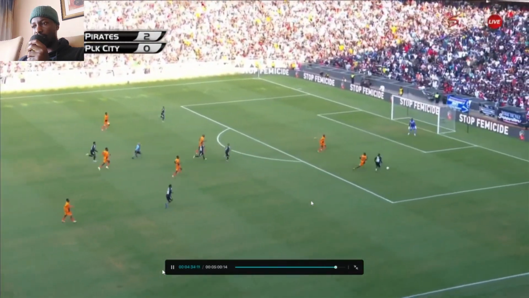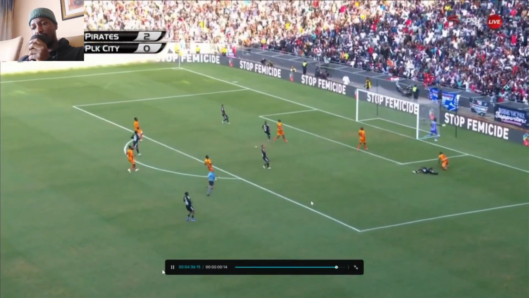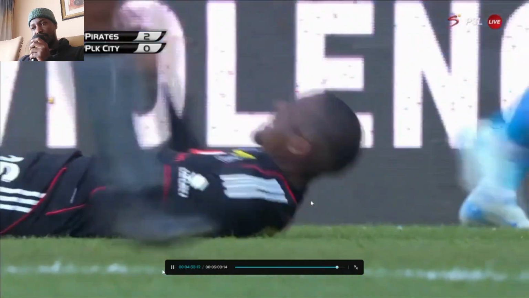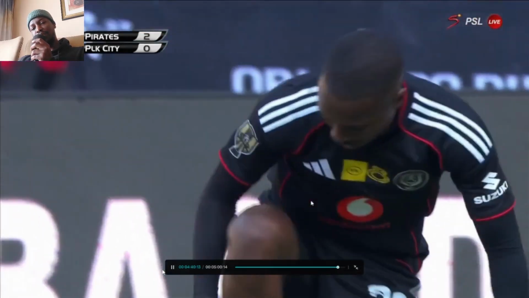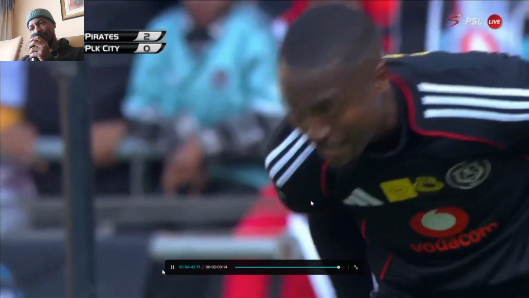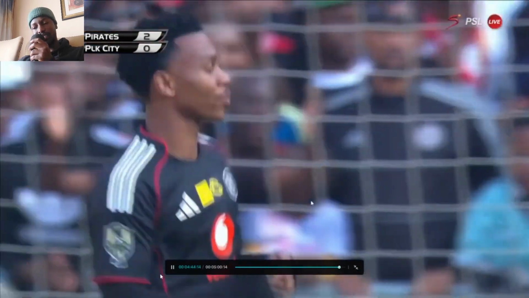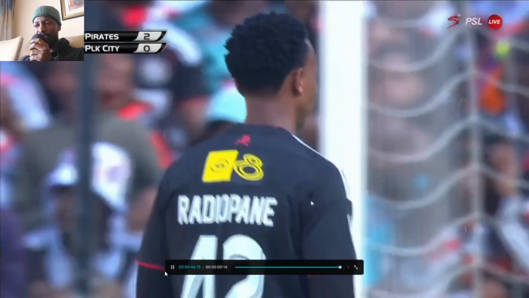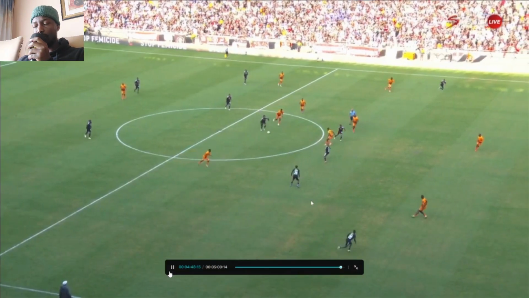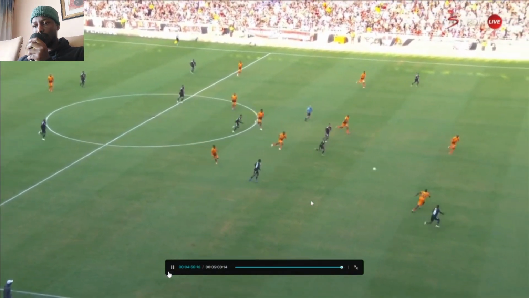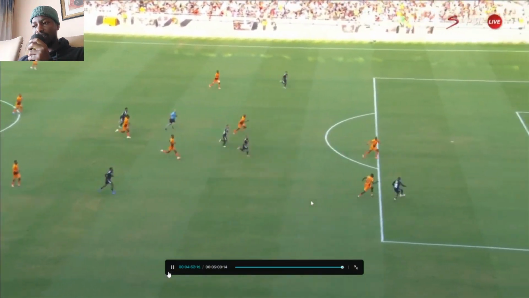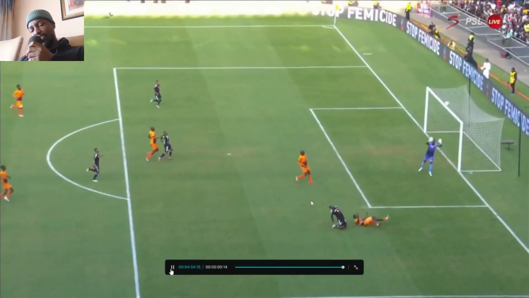Look at the pass as well. He did very well for that moment there. The only thing I think he needs is more box entries to get goals, but his hold-up play and linking, I think he's one of the players to watch out for in Pirates. And yeah, man,